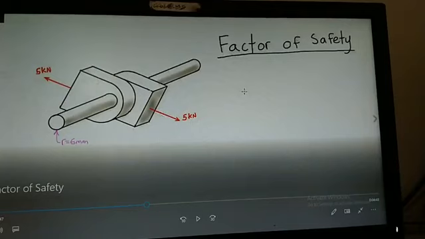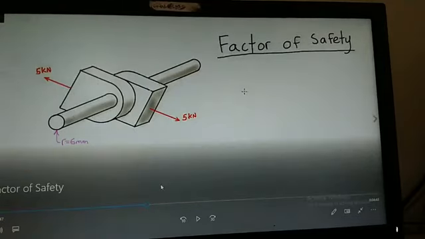Okay, 5 kilonewton on both ends, right? So this makes your rod undergo what? Shear. Why? Because your force is perpendicular to the axis of the rod, right? So the diameter of the rod is 6 mm. Force acting on the plate is 5 kilonewton, right?